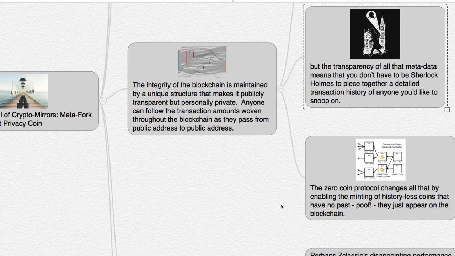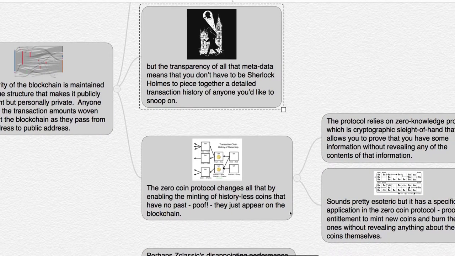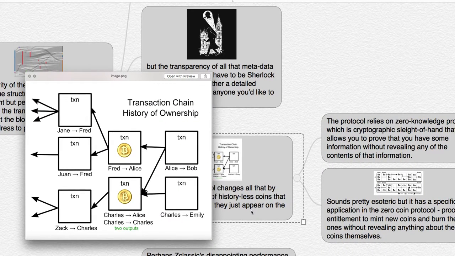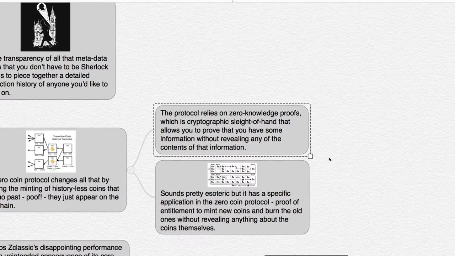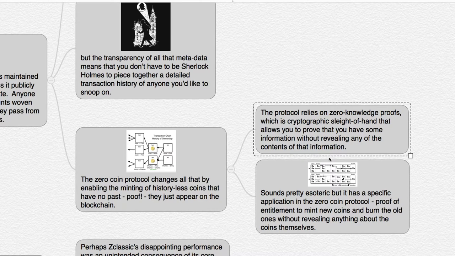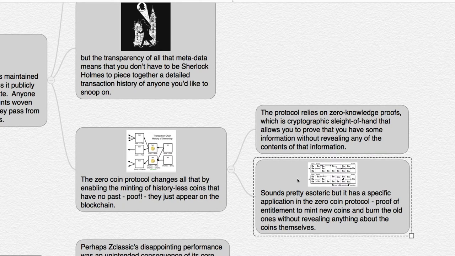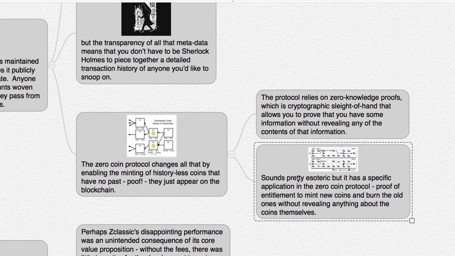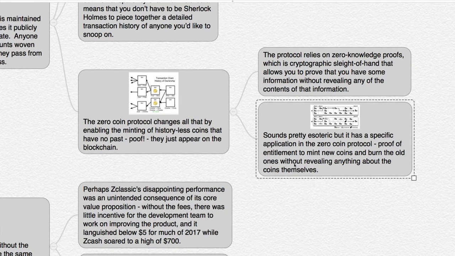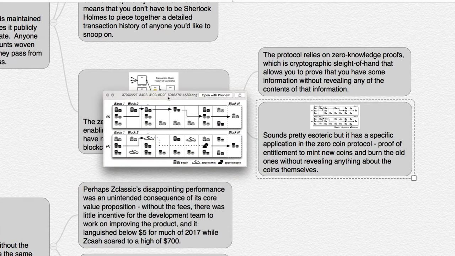Now, the zero coin protocol changes all that by enabling the mining of historyless coins. In other words, coins that don't have a history. They don't have a transaction chain going back. They just poof, appear on the blockchain. And the protocol relies on something called zero knowledge proofs. That sounds pretty esoteric. It's some cryptographic sleight of hand that allows you to prove you have information without revealing the contents of that information. And that's important for the zero coin protocol because it can prove that you're entitled to mint brand new